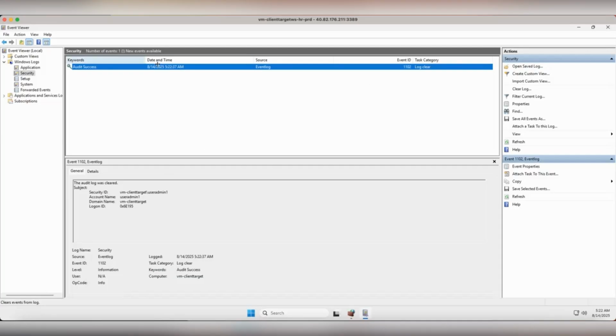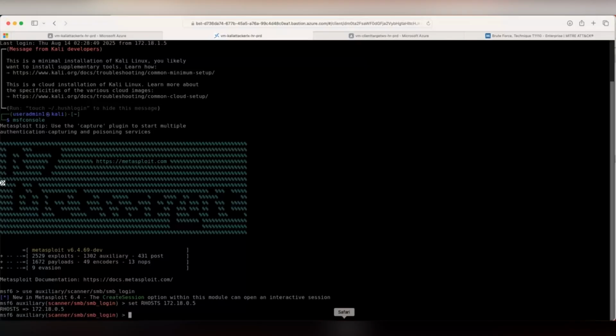By the time we kick off with our penetration testing, we should start seeing a whole lot of audit failures based off credential logging failure. So let's head back to our Metasploit Kali Linux environment. Now that we have this all set up, targeting our client VM that we just took a look at,